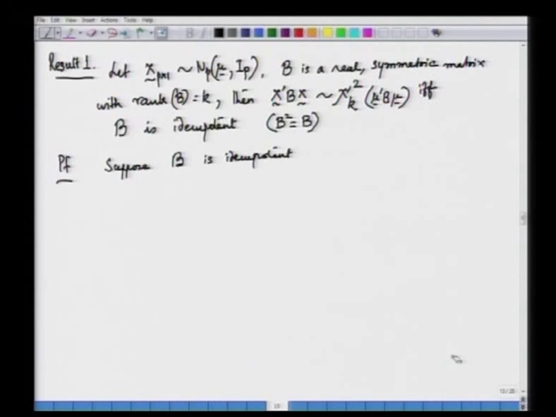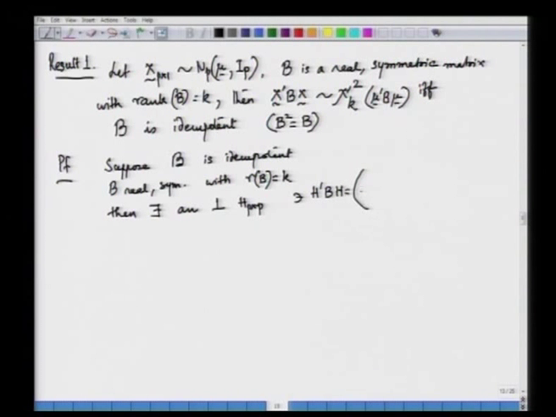Okay. So, what we do here as a first step is we have B real symmetric, that is already given to me, with rank of B equals k. Now, this is not a full rank, it is less than p, otherwise we are going to end up with an identity matrix, an idempotent matrix of full rank. So, this is of rank k which is less than p, and then there exists an orthogonal matrix H such that we are going to have H transpose B H is a matrix